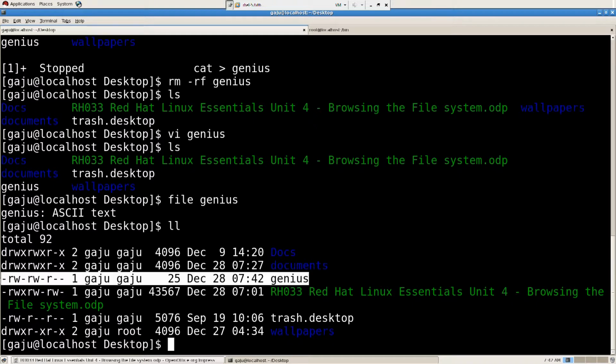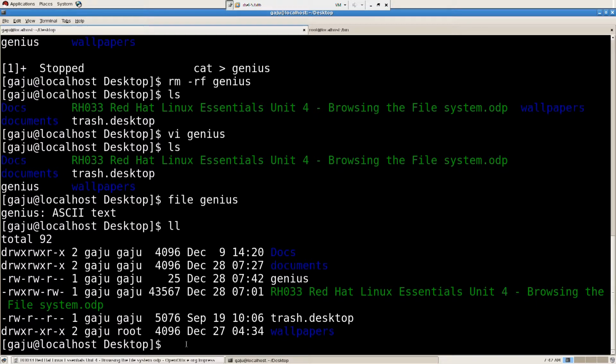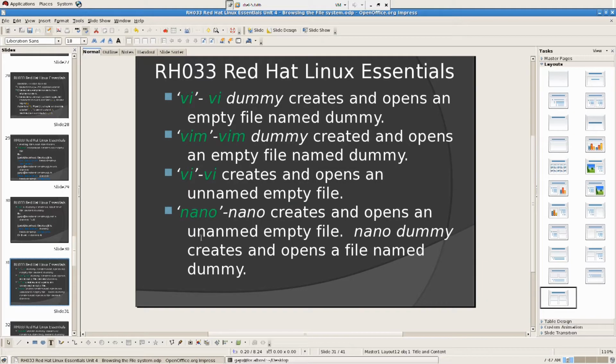Do rm -rf genius. Okay, now I deleted it. Remove. Don't worry about the rm command that I'm using. I will let you know about that. So VI is nothing but VIM, so don't worry about it, right? Nano, right? If I just press nano,